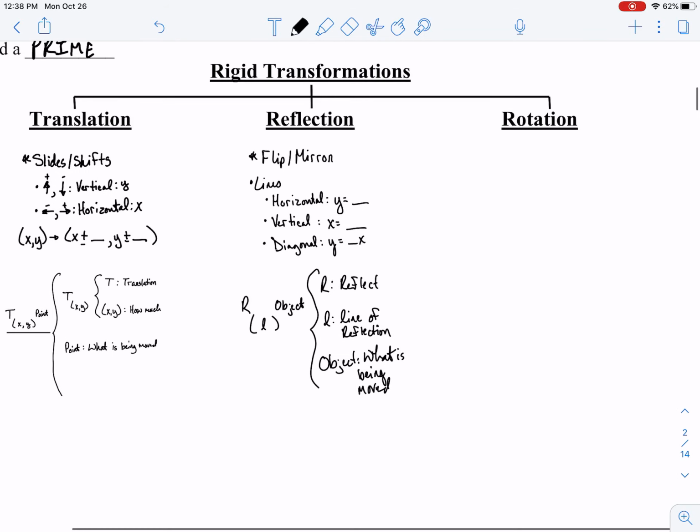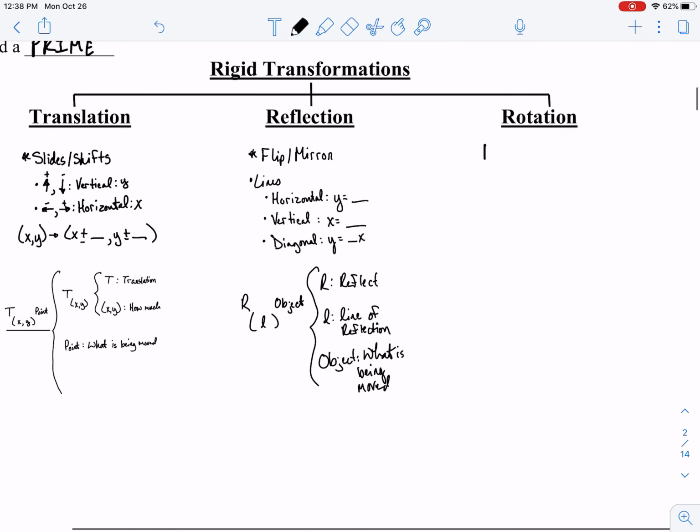The last type of rigid transformation we'll be looking at is rotations. It's like the other two. Start off with some key words. Rotation, you'll see turn, twist. A couple important things. You can go clockwise,